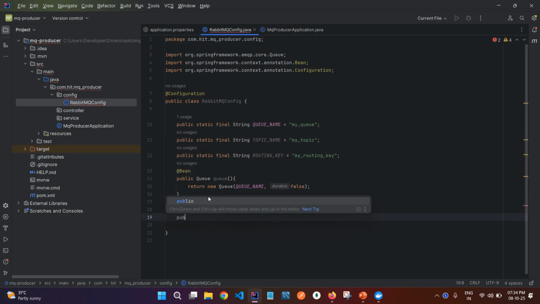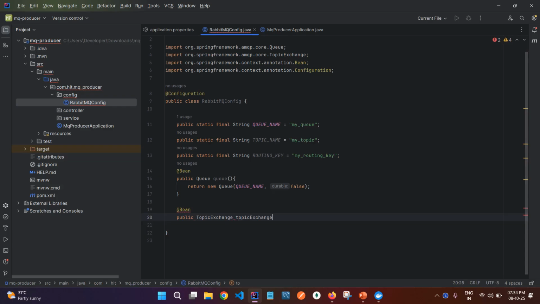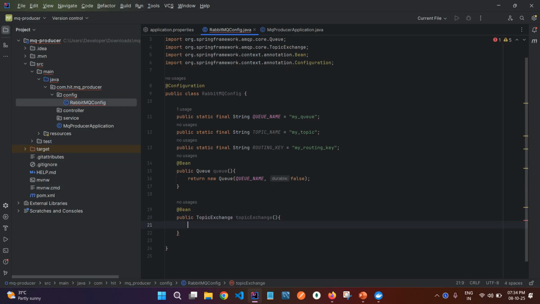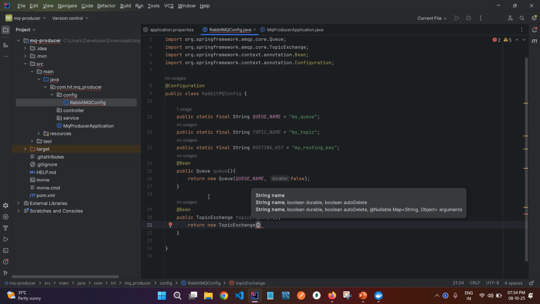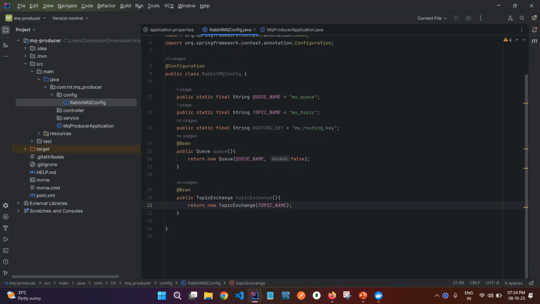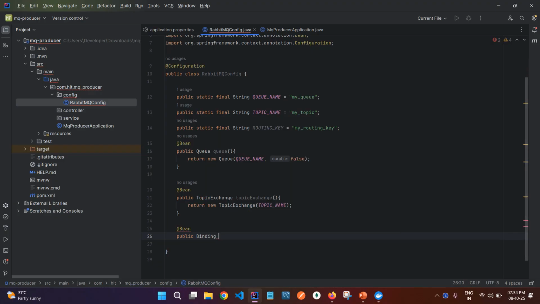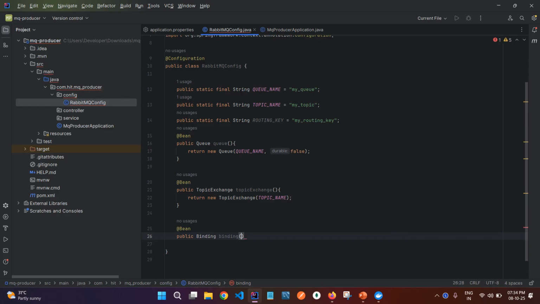Now we need one more bean. See, these are all RabbitMQ configuration. So I need to put a topic exchange. Similarly, I have to return a new topic exchange, and in that topic exchange, I have to define this topic name. Then public binding. In that binding,